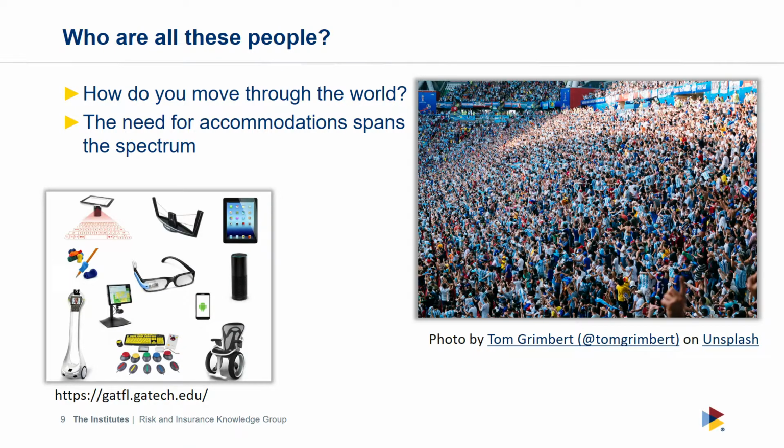Which does make it easier and harder to accommodate, because you're accommodating a wide array of different ways that people access the web. This is a screenshot of just a few technologies that people use. You may not ever encounter any of them, and that's fine. You can still make sure that when people do use tools like that, they are getting the best web experience that they can. There are people with visual issues that will need to use eye tracking, or mobility issues that mean that they need to use eye tracking devices in order to access things on the web, or even